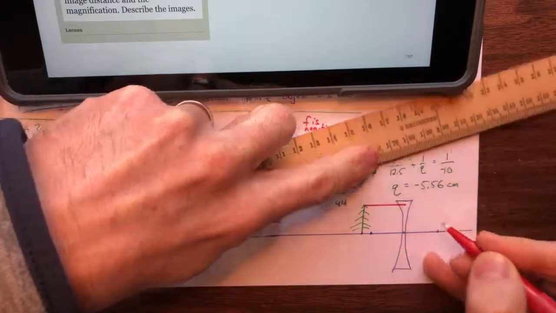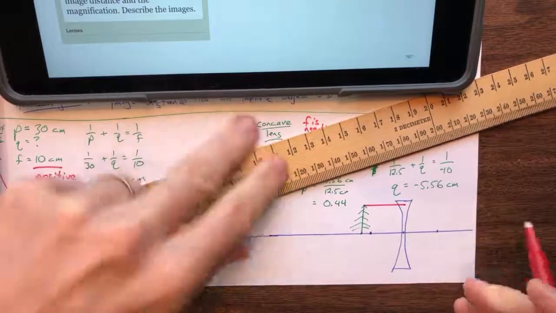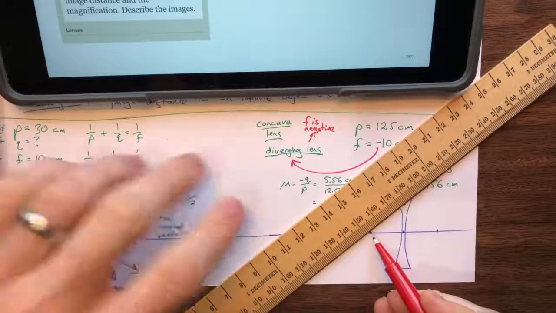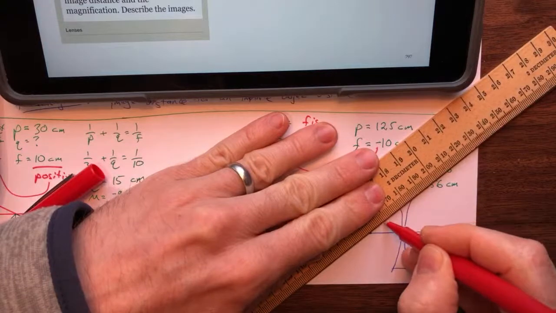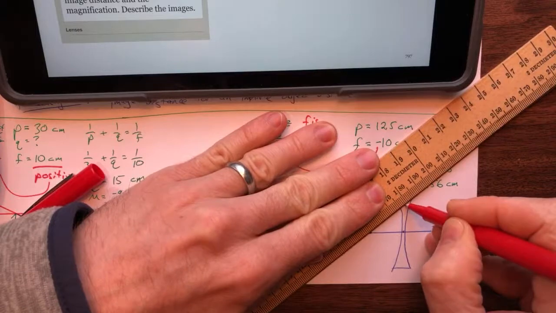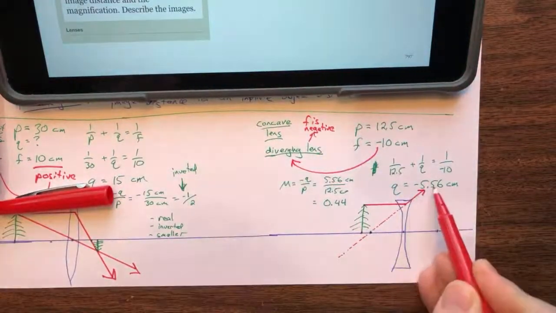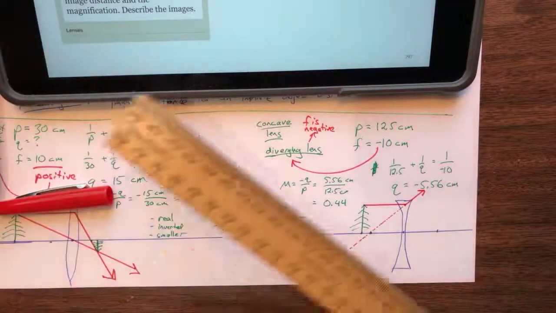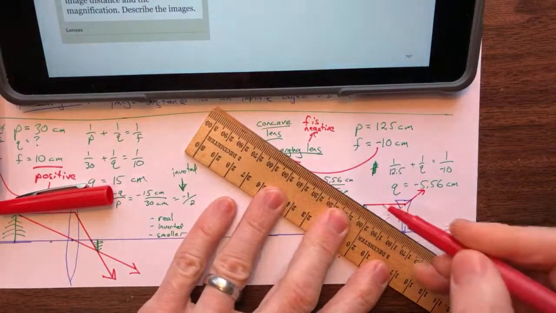Light's coming in. Once it hits here, remember, a diverging lens is going to make the light go out, not in. How's it going to go out? It's going to go out as though it were coming from this focal point. This is the virtual light. There's no light over here, but that's the virtual light. Then the light goes through the lens this way. So the diverging lens takes that light and makes it go out. That's how it's diverging. Going through the center is the absolute easiest thing to do, so I'm going to go to the top of the tree, then go through the center, and then